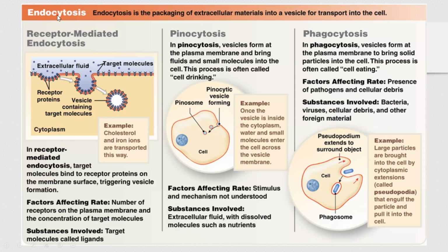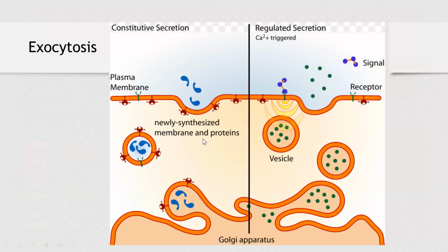So again, endocytosis is active transport. It's movement of substances inside a cell. And of course, you always use ATP to do it. And there can be different types of endocytosis: receptor-mediated endocytosis, pinocytosis, and phagocytosis. We also move substances out of a cell, and we call it exocytosis. And it can be